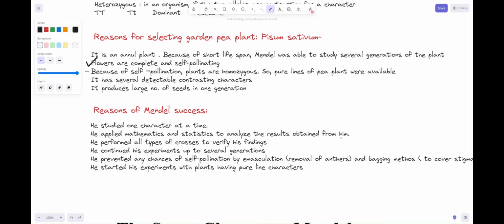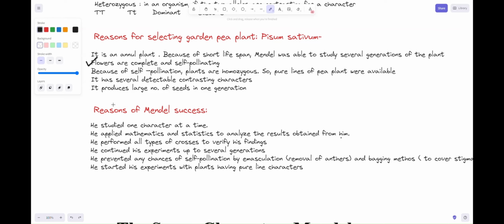And Mendel found there are several different contrasting characters in the garden pea, and this garden pea in one generation has the capability to produce a huge number of seeds. After performing several experiments, Mendel's work was unrecognized for several years, but when several scientists took